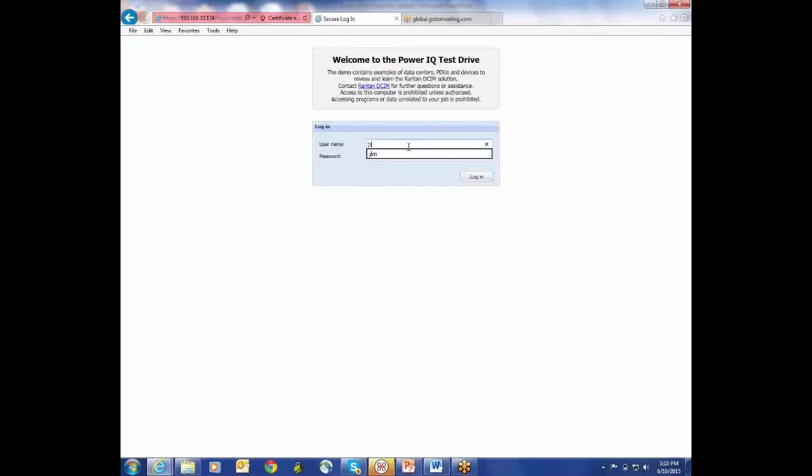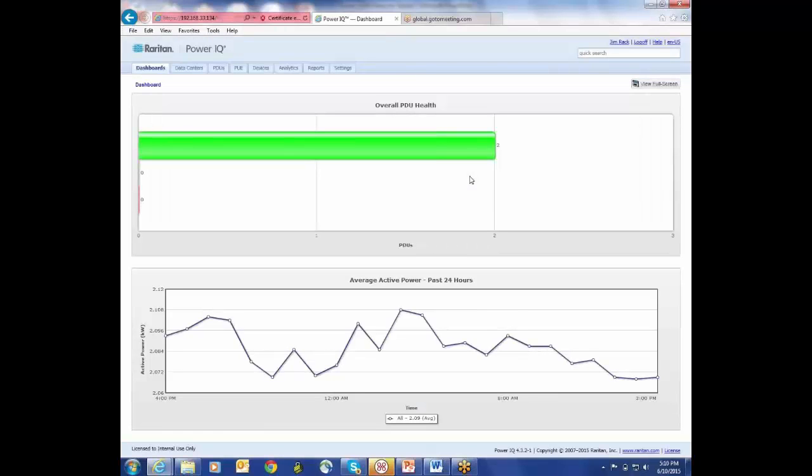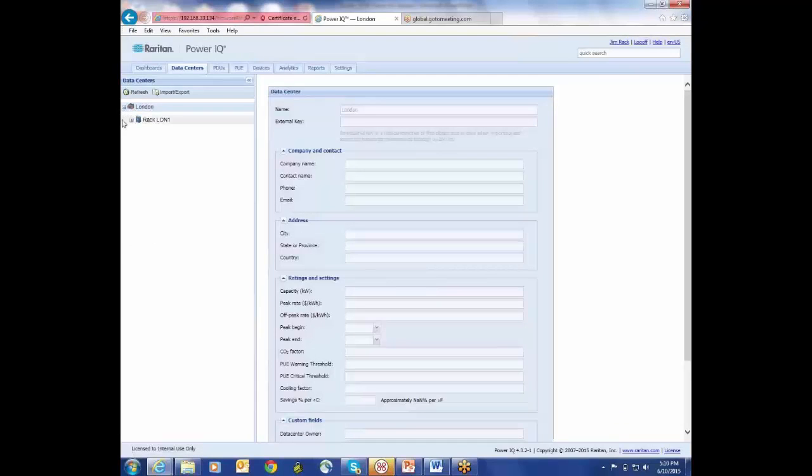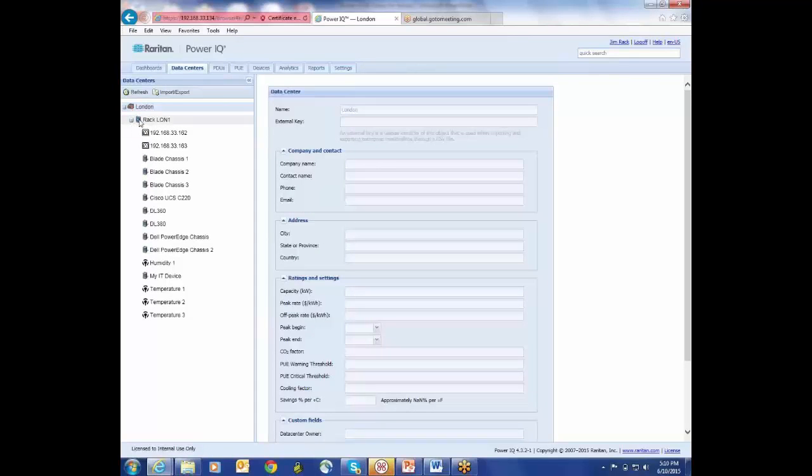and show Jim Rack. Jim Rack has an even more restricted view. Jim Rack is limited to one of those 2 racks. So they only have the ability to see 2 rack PDUs and the load from that rack. And when I go to the data center tab, they're going to see London, but they're not going to see all the children. They're only going to see 1 rack. Now, because they have the ability to see from the rack down, they can see all the devices in the rack. So now I'll log off